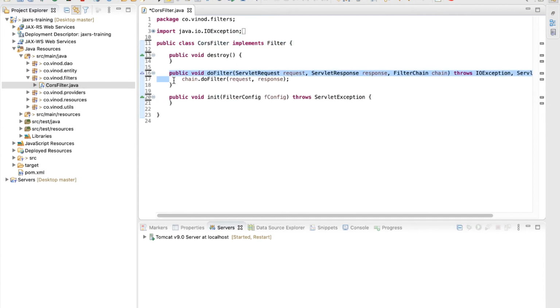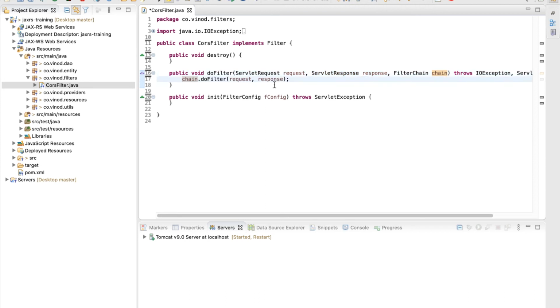Our code is supposed to be written over here, and you can see we get a request, which is in the form of ServletRequest, and then we have a ServletResponse. This is the one that we want to modify, and there is something called FilterChain. The job of this is only to pass the control to the next available filter or the intended servlet. So we now have to modify the headers of this, or in other words, add additional headers to this. But this is a generic ServletResponse, it's not HTTP. But we know that we are working in a web application. This is always going to be an HttpServletResponse.